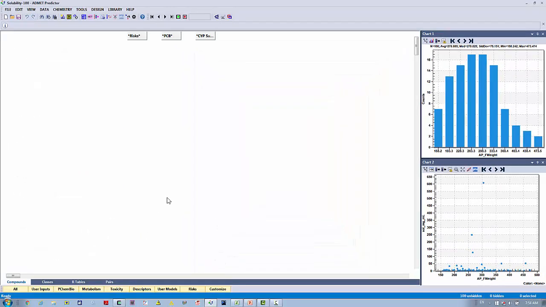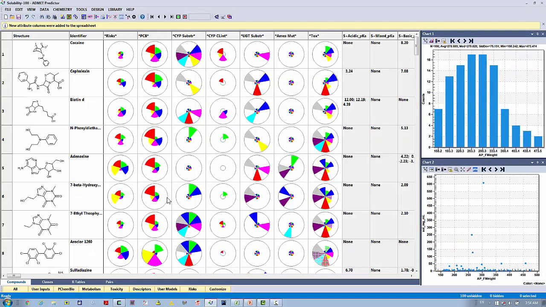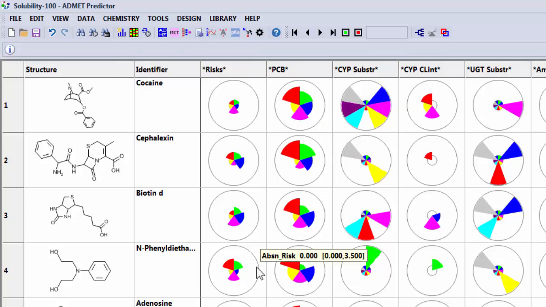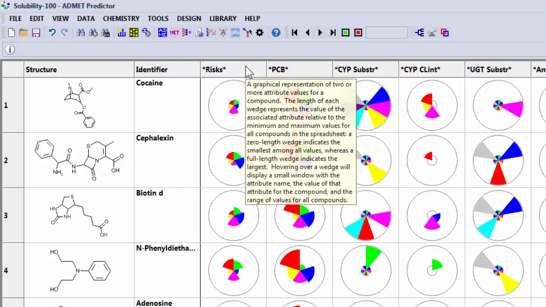It goes out and calculates all the molecular descriptors and then uses those in the models to make the predictions. We also have a box up in the upper left-hand corner that tells you that new attribute columns were added to the spreadsheet. So the first thing you see are the star plots. These are automatically calculated, and there's an ASCII file in the ADMET Predictor subfolder that specifies which properties to display for each